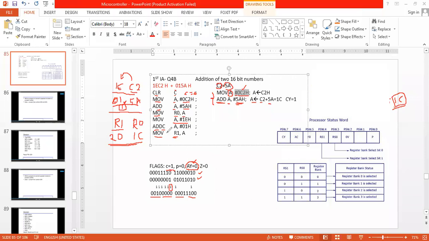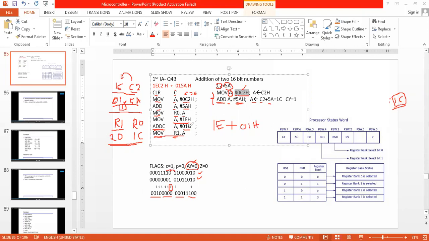R1 has 20. Here in the last instruction, when I say ADDC A comma 01H, what is the A value? A value is 1EH. Plus I am adding 01H.